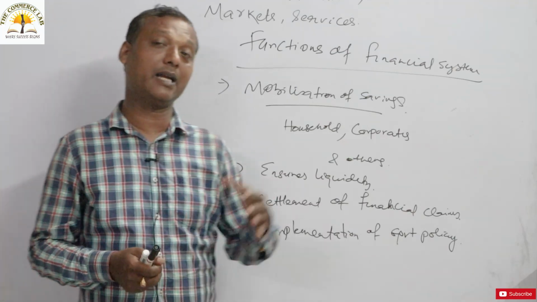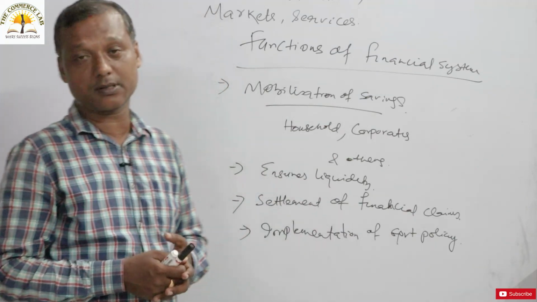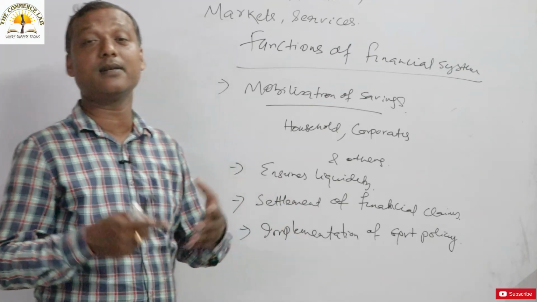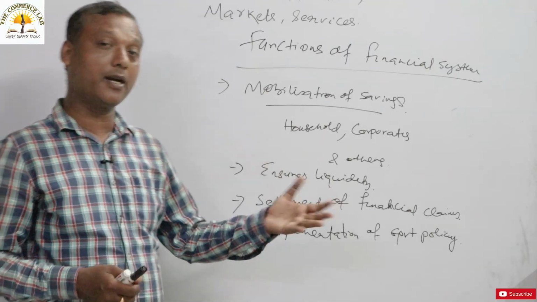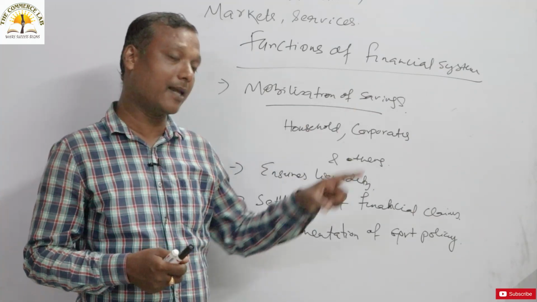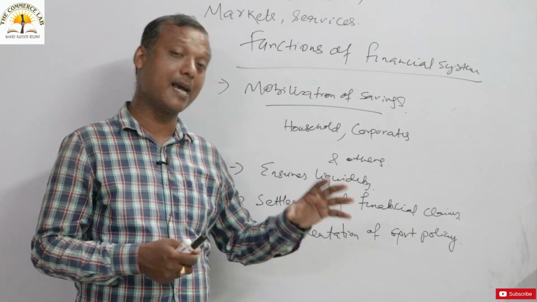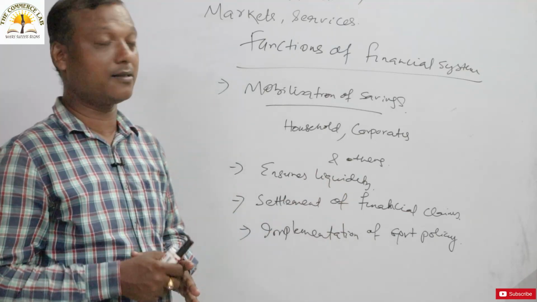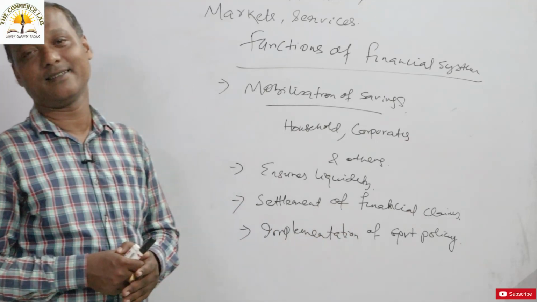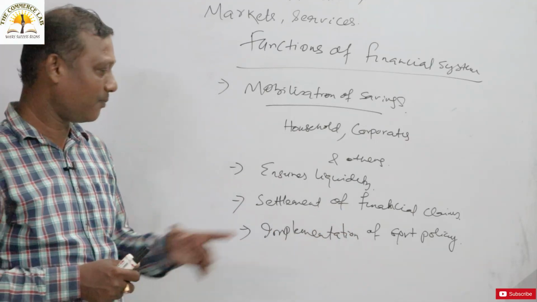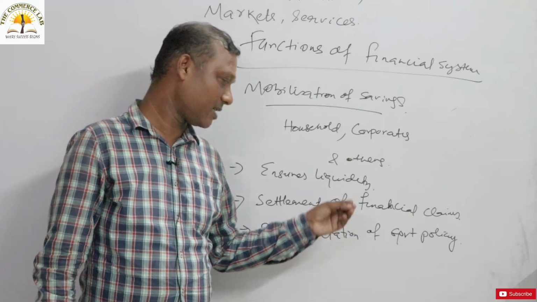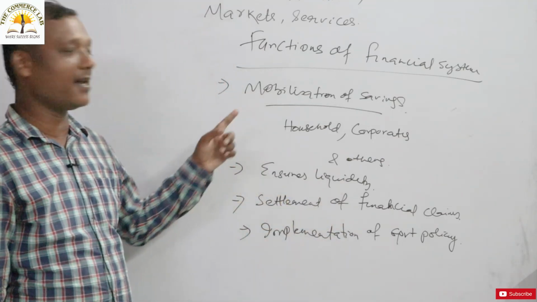From time to time, we are running into different kinds of financial issues. Financial issues in the sense that we are coming across price instabilities like inflation and deflation. RBI is there to handle all types of issues. But we should understand the entire financial system should be designed to carry out the function that it should always support the policy of the government. You understood? So the policy of the government must be supported by each and every financial system.